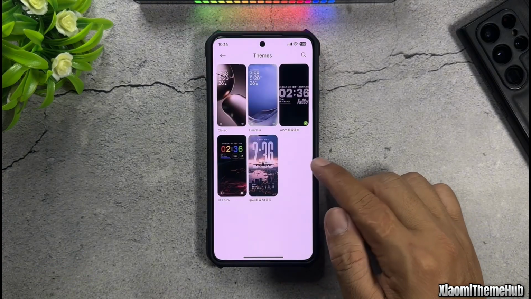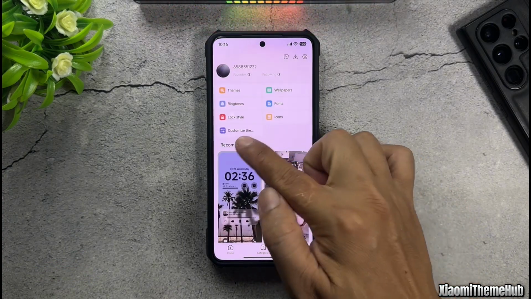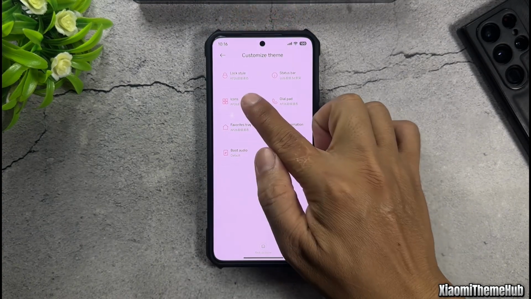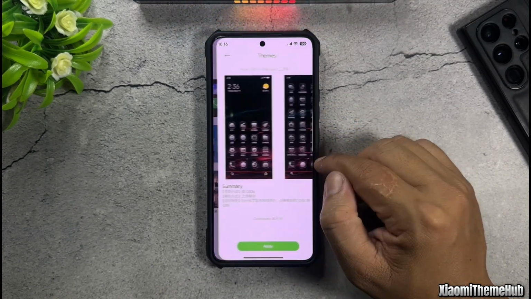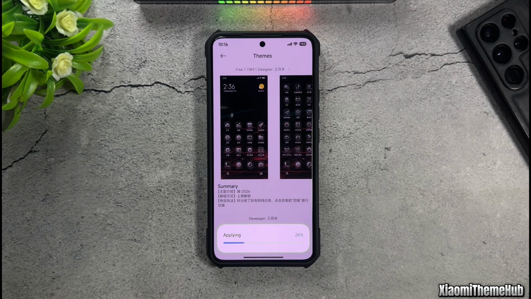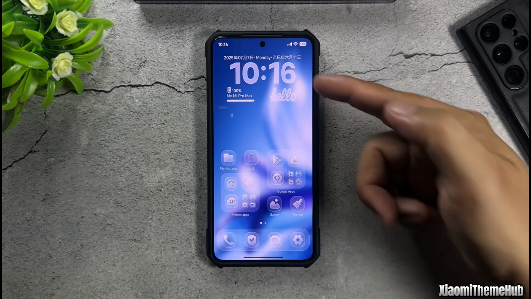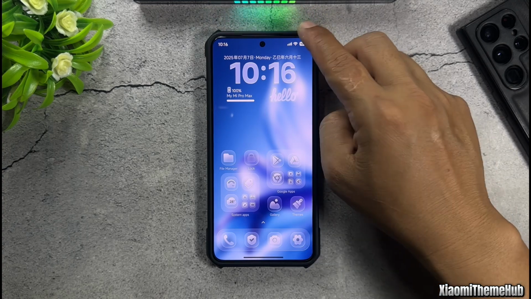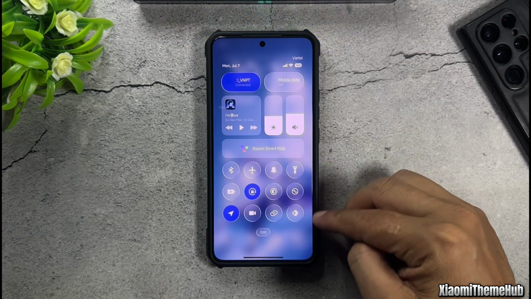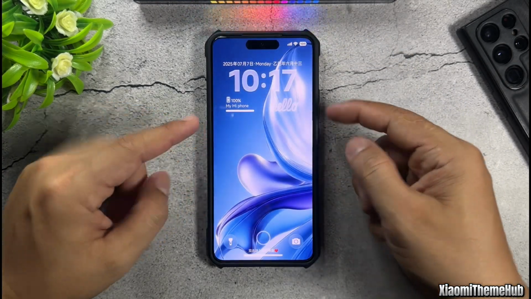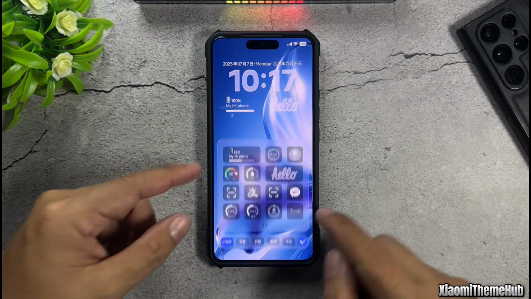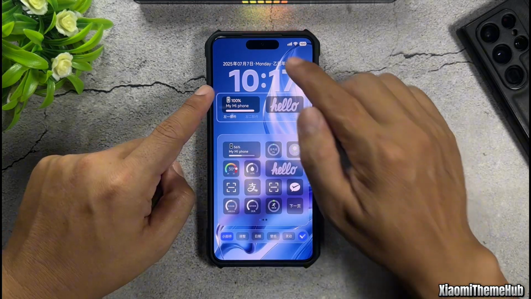Next, go back to the Customize Theme screen, tap on the Icon Pack section, and select the iOS 26 theme to apply it. At this point, there will still be some Chinese text appearing on the widgets. We'll remove it shortly. Double tap on the lock screen to customize it, then select each clock and widget section